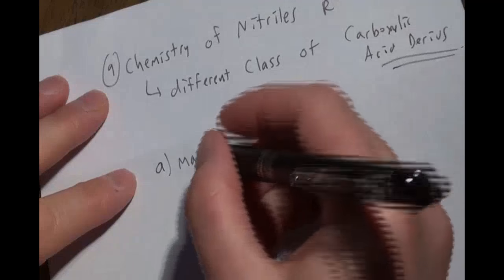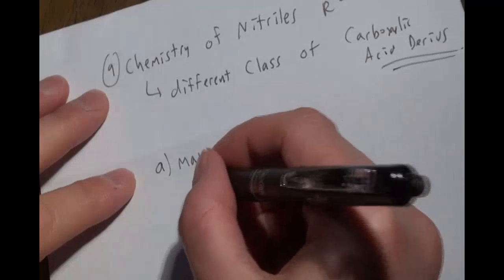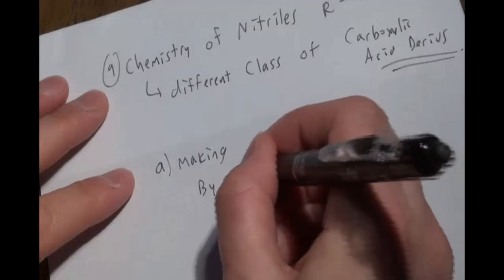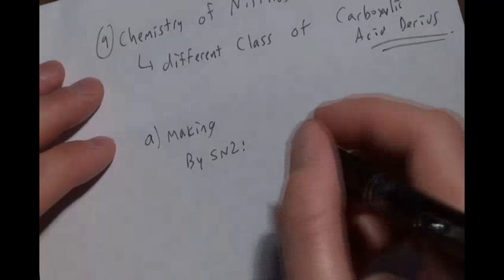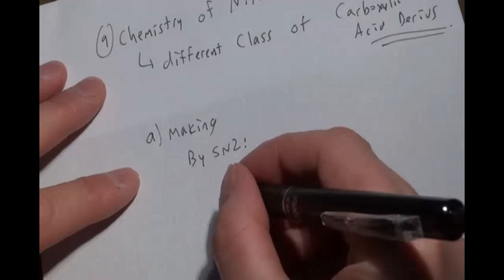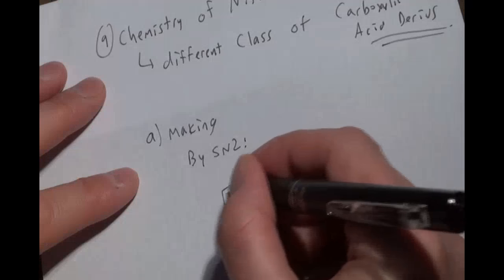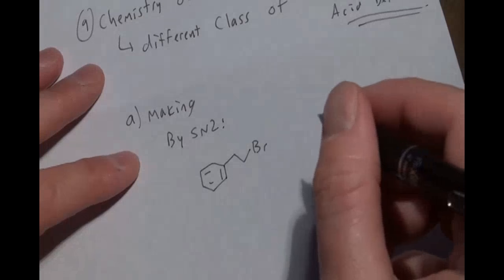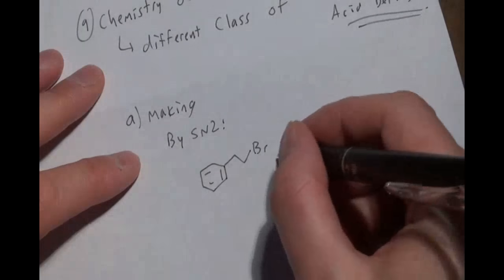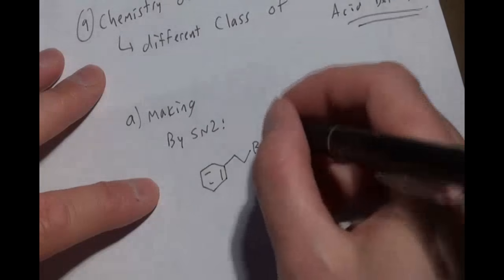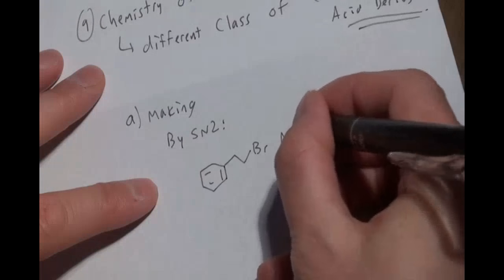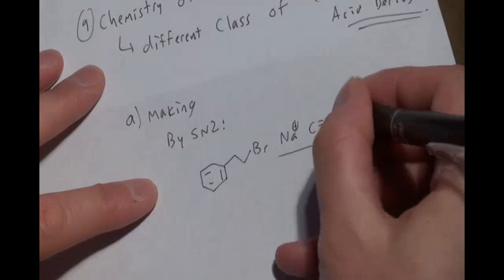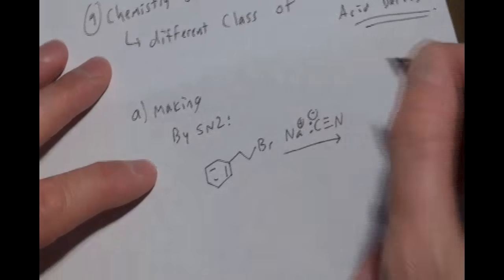One is by SN2 reaction. SN2 is really easy to make a nitrile, so have something with a leaving group, usually primary or secondary, and we treat this with Na plus, CN minus,